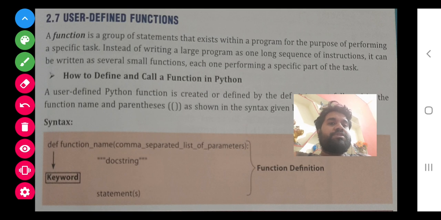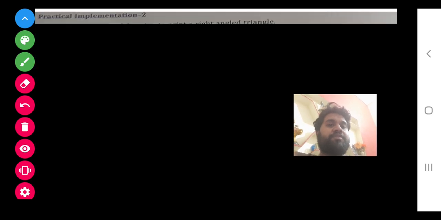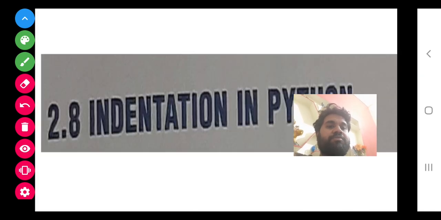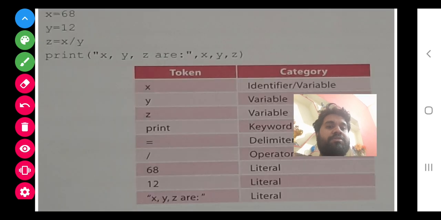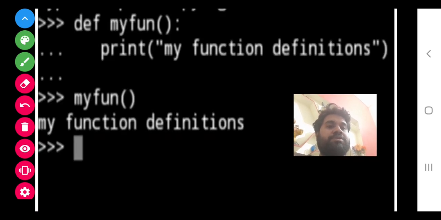Function is what? A function is a group of statements that exist within a program for the purpose of performing a specific task. So, class, for that I want to show you one program that I have made for you. This is the program. My fun, I'm writing print. This is the definition. I can have multiple statements also, that I will show you in one more program I made. So the pattern is you have to write